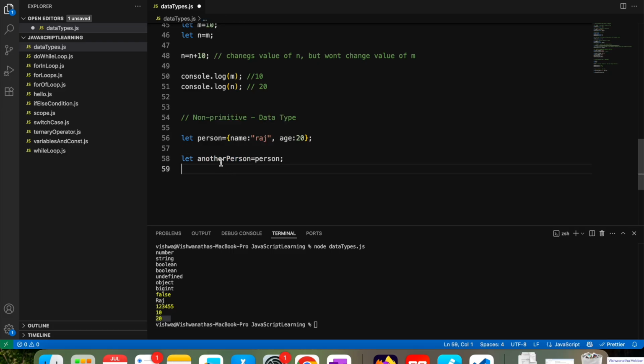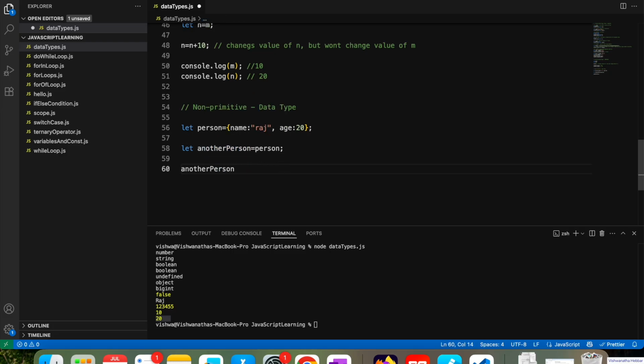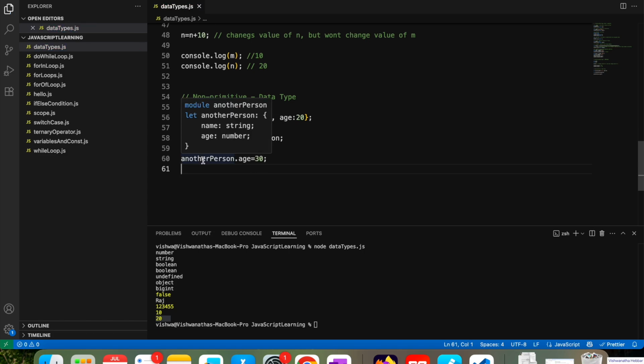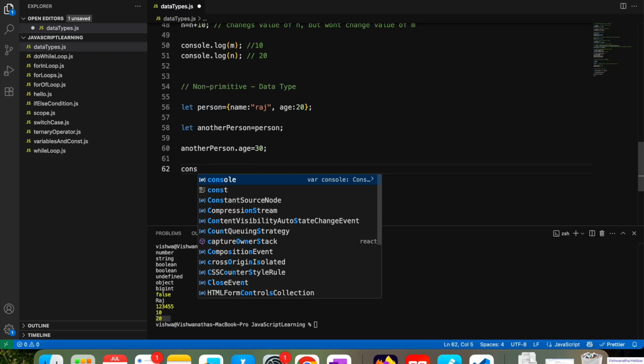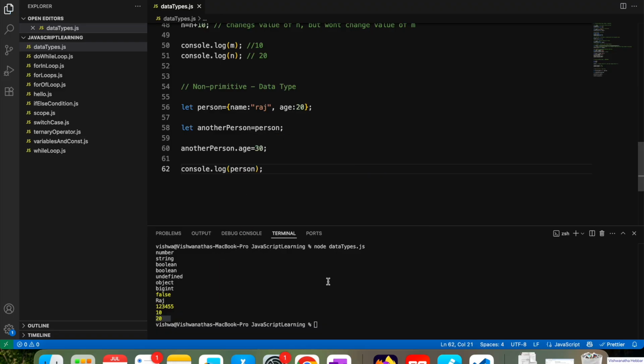Now if I change another person dot age equal to 30, I am only changing the value for another person, but the age for person also changes. For example, console.log person, if I run this again, you can see age is changed for the person also. Person I have printed here, age became 30, but we gave age value as 20, because in non-primitive data type